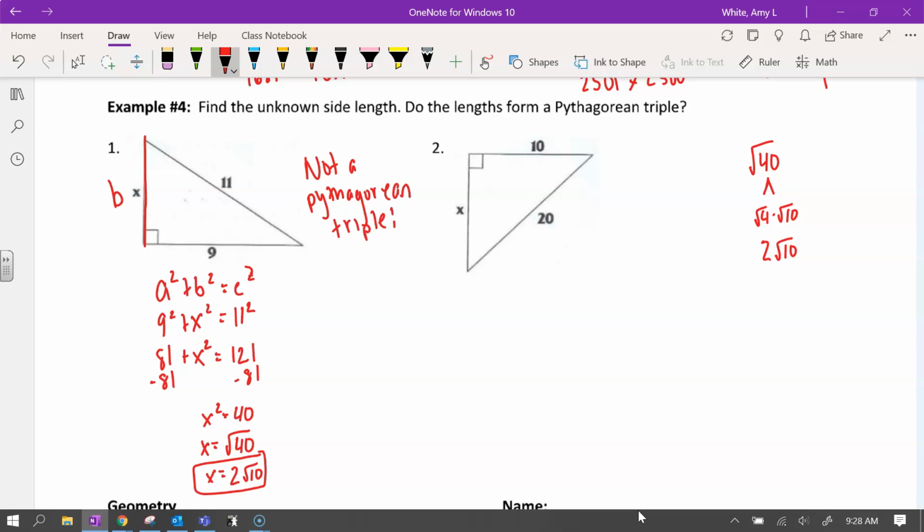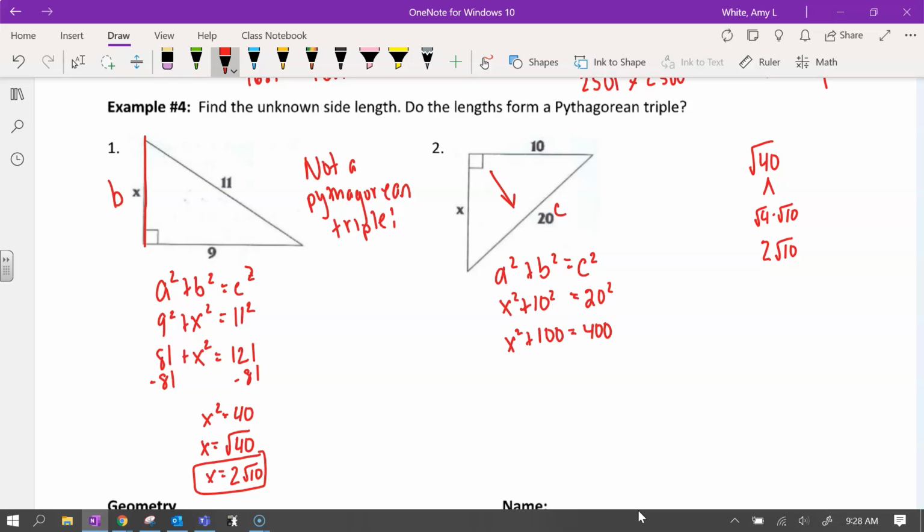So let's try another example. Once again, I'm using my formula a squared plus b squared equals c squared. And I know that 20 is my hypotenuse because it is across from my right angle. So 20 will be c, and then x and 10 will be a and b. Remember, it does not matter what order a and b are in as long as you match up the hypotenuse correctly. So this would be x squared plus 100 equals 400